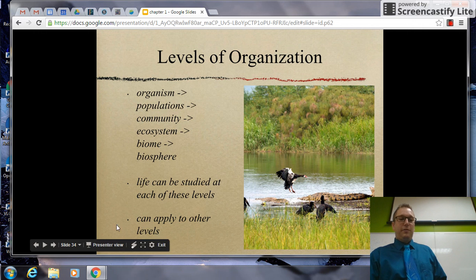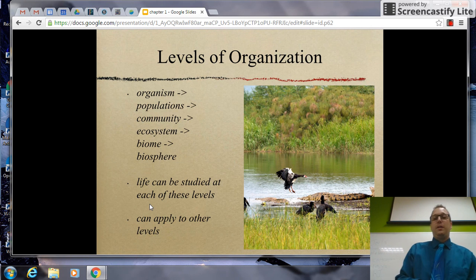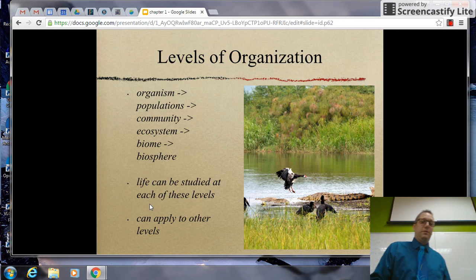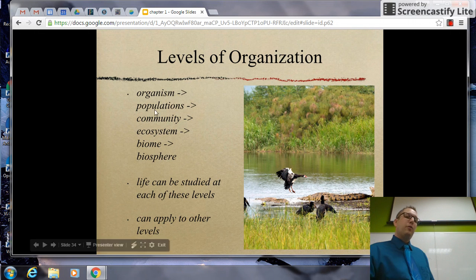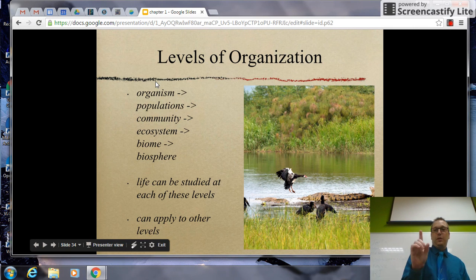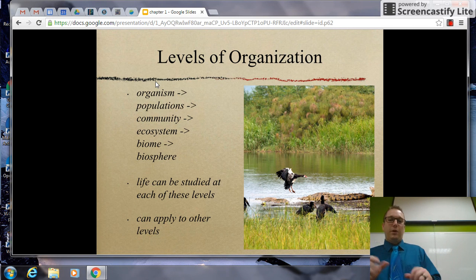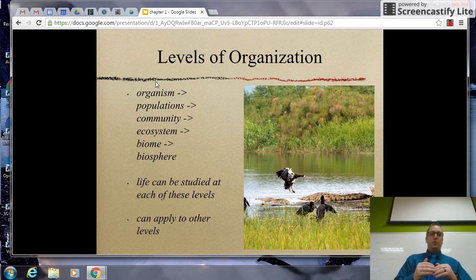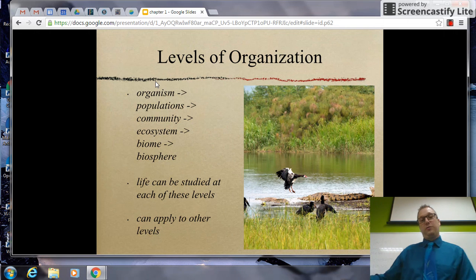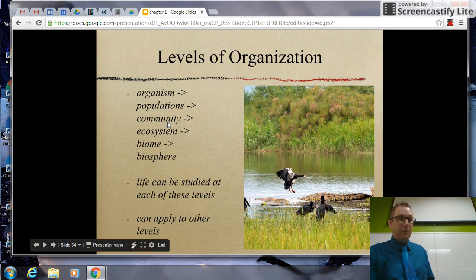Lastly, we'll talk about the levels of organization. Levels of organization are another way to study. Even if you're, say, a botanist and you study plants, or an ichthyologist and you study fish, you might only study them at one of these levels. Okay? It starts with organisms, a single organism, one guy walking around, or one fish swimming around. And then you go to populations, a group of the same species, so the population of Carni, all of the humans living in Carni. Then you go to communities.